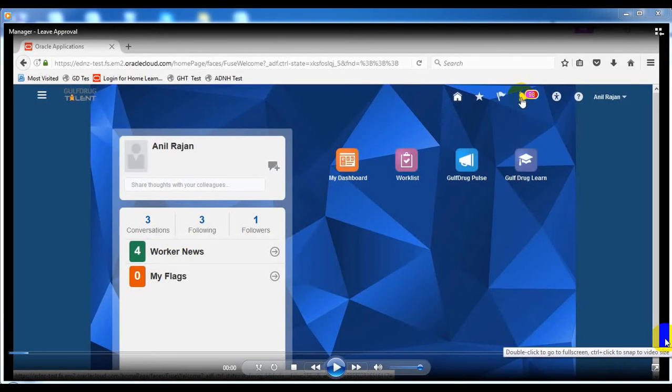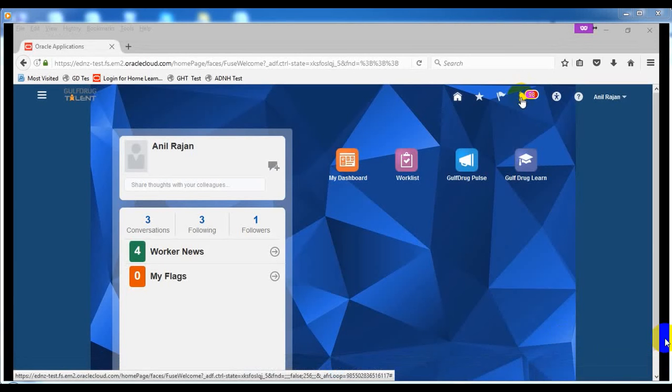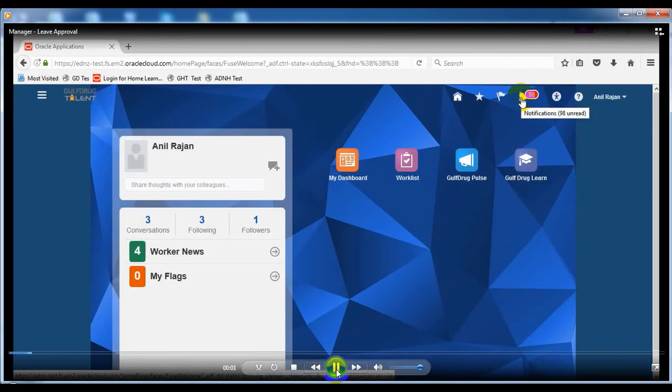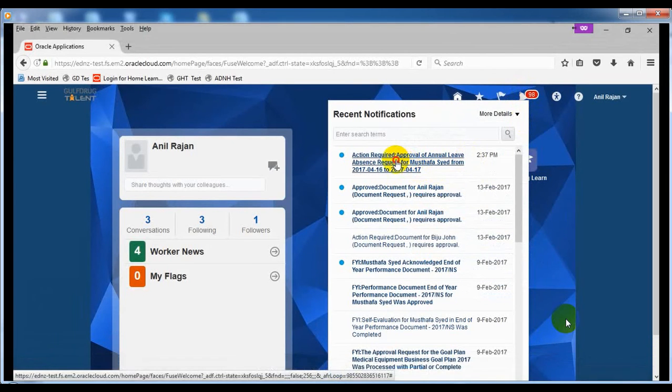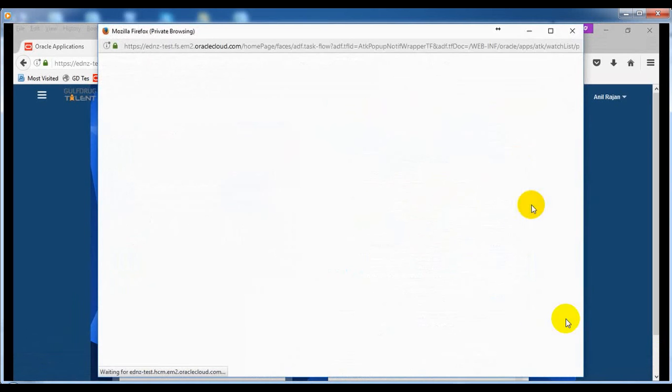If one of your team members has applied for leave and you have the level of authority and access to approve that leave, for instance, if you're a line manager or a head of department or a coordinator acting on behalf of either of the two before mentioned, you need to go to your self-service account, click on notifications, and there you will have all the information related to the actions required for you to take. Click on the approval of annual leave,